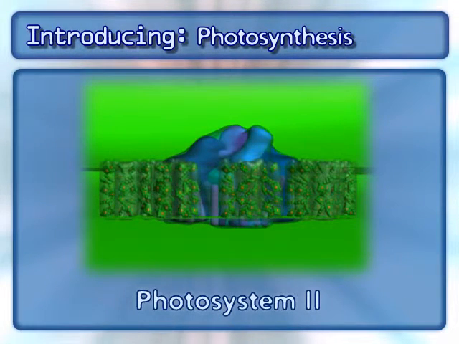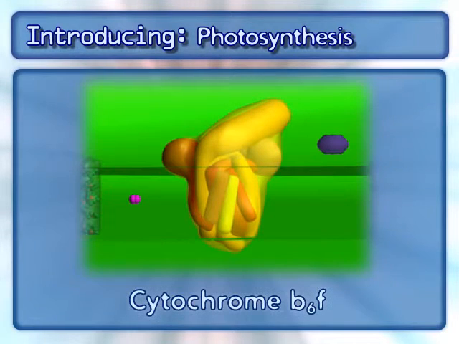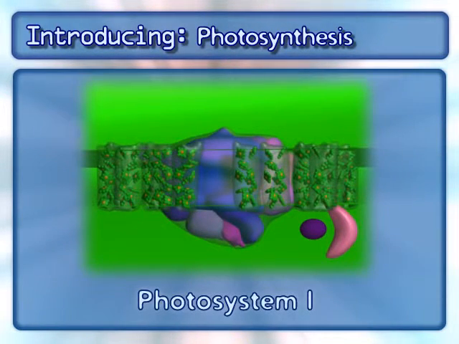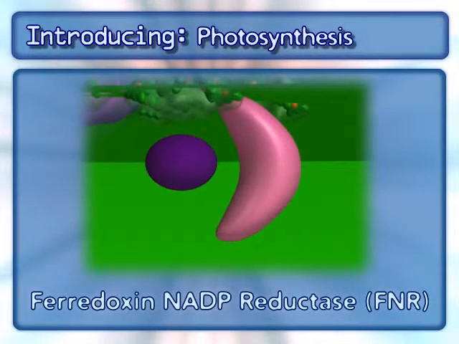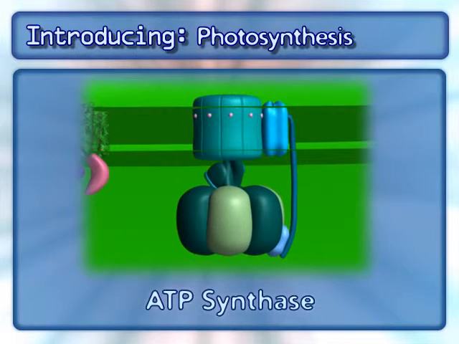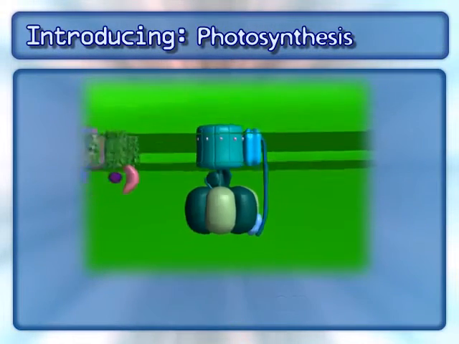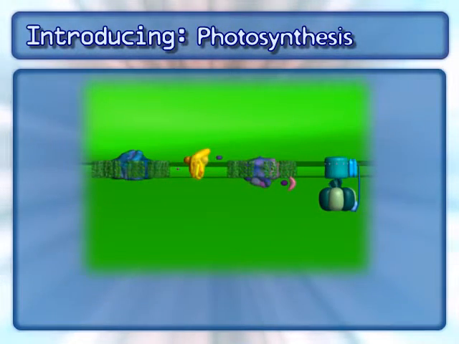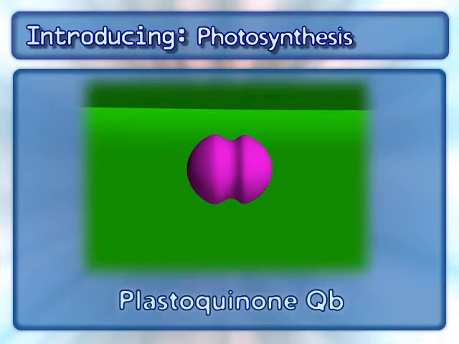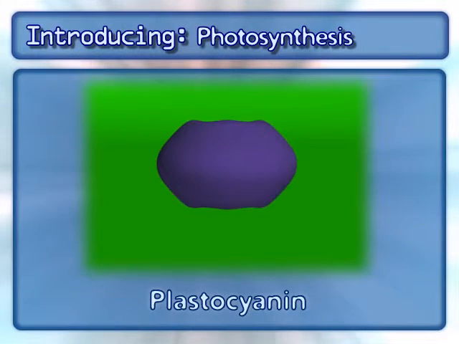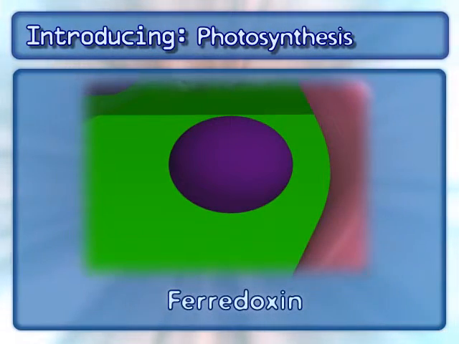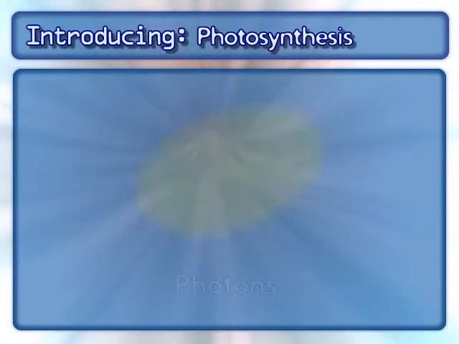photosystem 2, cytochrome B6F, photosystem 1, ferredoxin NADP reductase, and the complex that makes ATP, ATP synthase. In addition to the complexes, 3 mobile carriers are also involved: plastoquinone QB, plastocyanin, and ferredoxin. Other key components include photons,